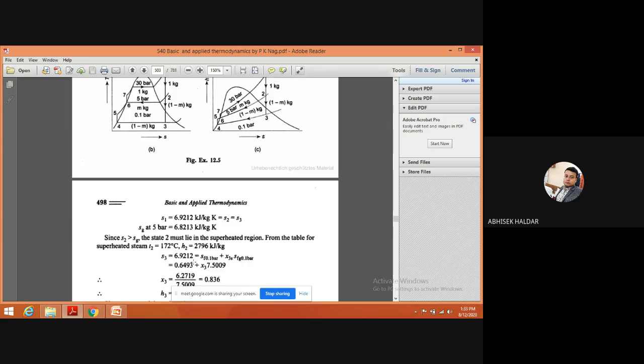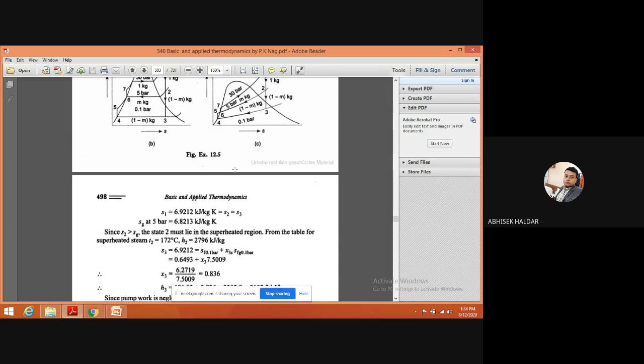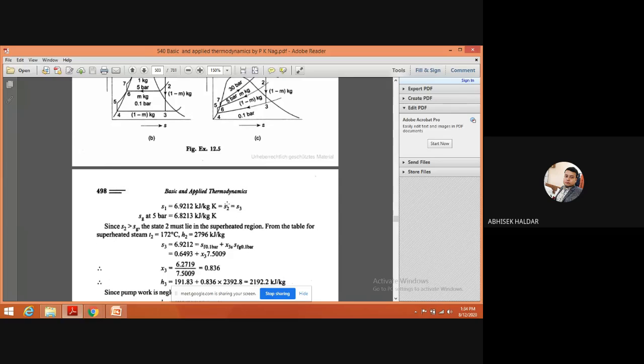So in this way, they have found out this value of H2 and S3 value. S3 value is known to us. Okay. Now they are finding out this X value. This X value, obviously you have to use this one, or you can go for the Mollier diagram. Two options will be with you always. But there is no problem to use this one also. One thing, in a single problem, you may mix up the two things. That means some data you can take from the Mollier diagram, some data you can take from the steam table, it doesn't matter.